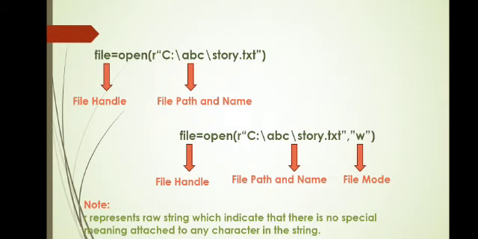Now let us talk about what a file mode is. We have been repeating this term, but what exactly is a file mode, and what are the different types of file modes available? But before that, let us talk about the alternative method of opening the file. Till now we have seen that we have an open function through which we create a link between the file and the program, and the way of writing it. Here again we are going to use the open function, but the way of writing it will be different. What is the syntax?